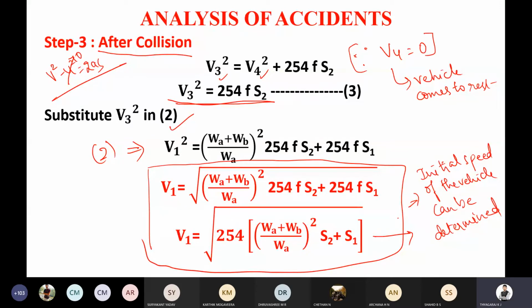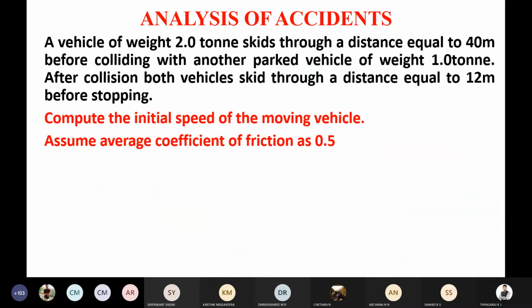So you can directly get the V1 using the equation whatever I have put in the box, or you can go for step 1, step 2 or step 3. In the exam they will ask for 8 marks. Okay, the question will be asked for 8 marks. So step 1 carries some marks, step 2 you have to do step wise. Okay, for your reference you can directly calculate using the formula. So is it completed? Yes, sir. Okay.